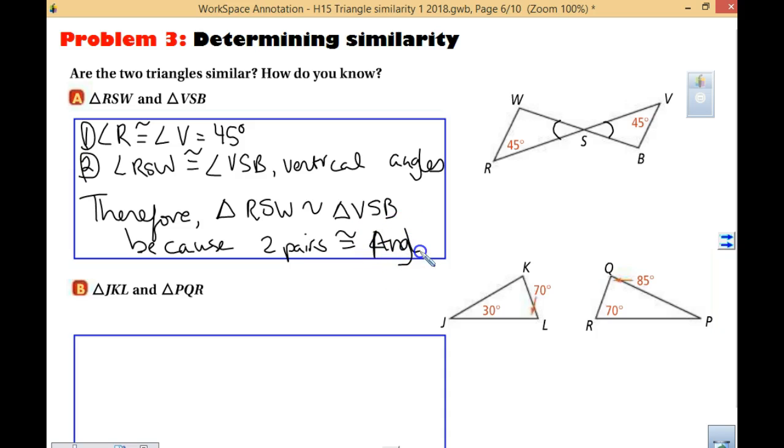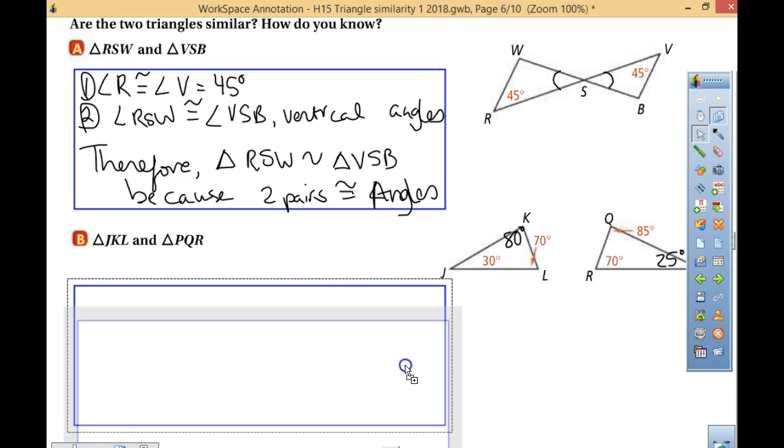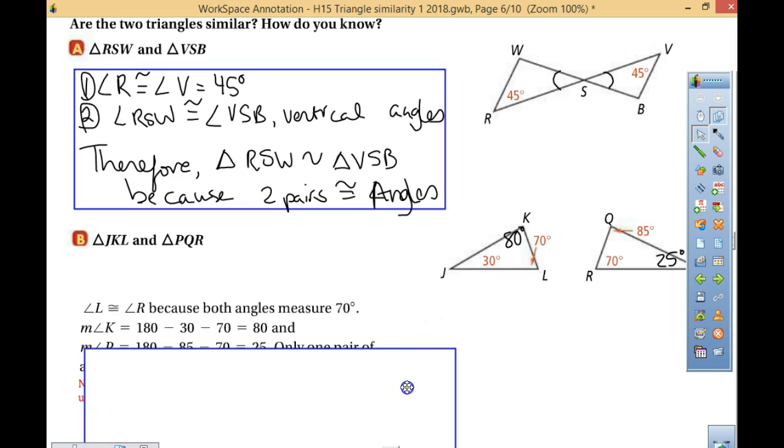Two pairs of congruent angles when we are looking at our picture. So we look at the next one down. And as we look at these two, I got 30 and 70. Please right now find the measure of these two missing angles. And the next statement you're going to put down is, we know